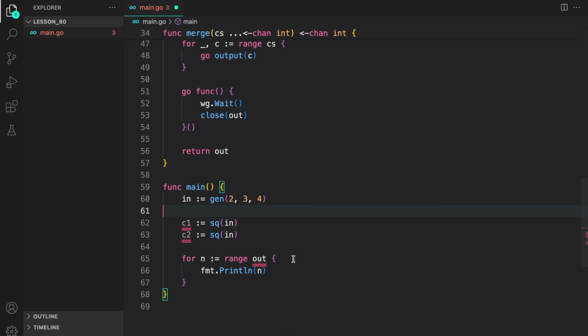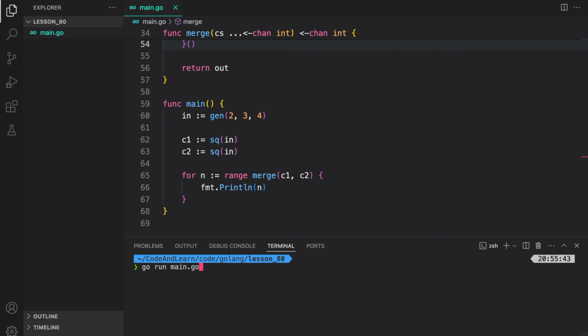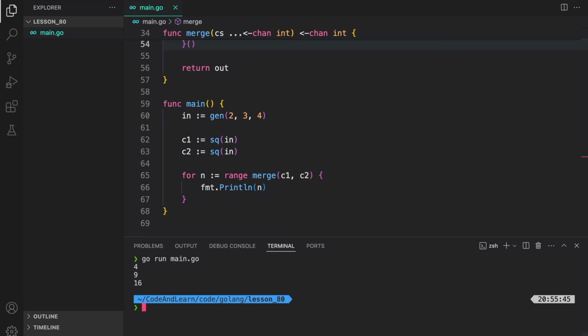Now, instead of ranging over out, we need to merge the return results from c1 and c2. So we are just going to call merge with c1 and c2. So that's it. Here we are doing a fan out, that is dividing the work between two Goroutines. Then with merge, we are doing a fan in, that is combining the values from two channels into one. Now let's run our program to see the output. Go run main.go, and as you can see, we are still getting the output we expect, that is 4, 9